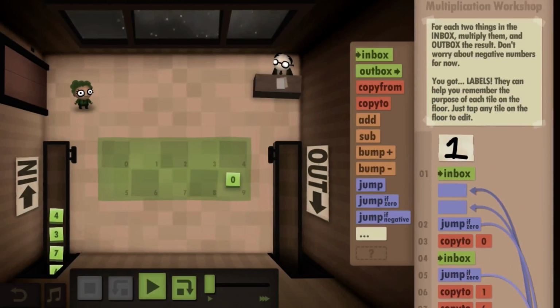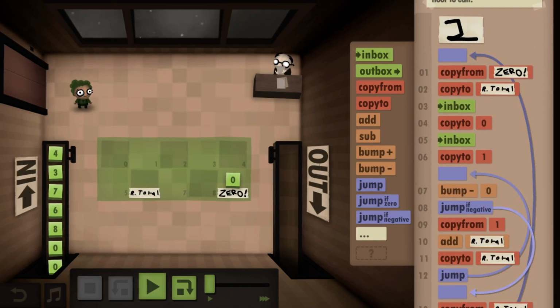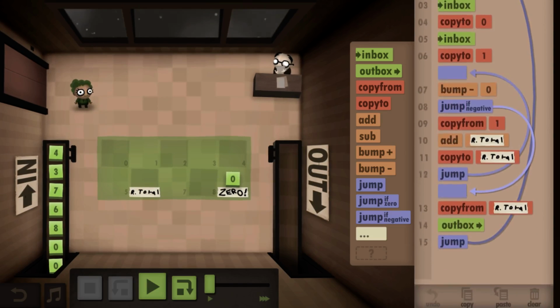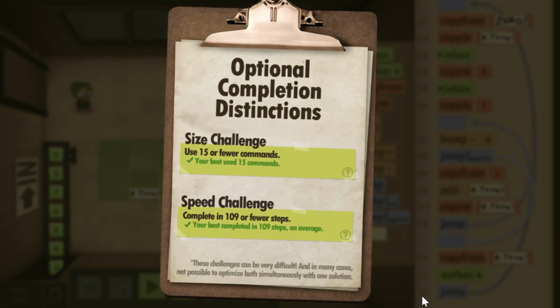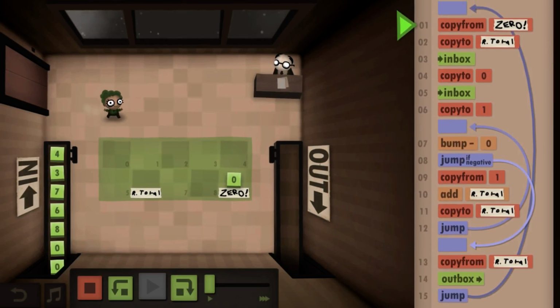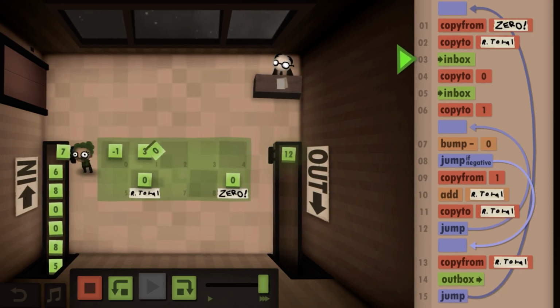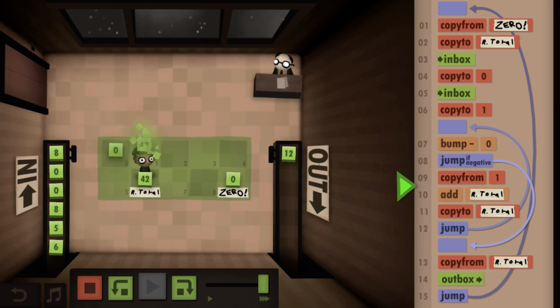So that was probably how I beat it the first time. Here I added R total for running total to it, and you can see it's 15 commands, which is our optimization goal. So I did that one, and we can quickly run through it and see that with my goal in mind of just shorter code, I was able to do it.